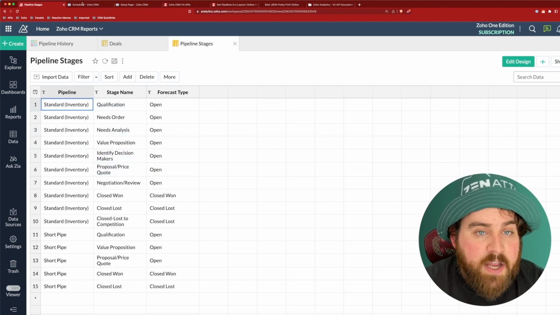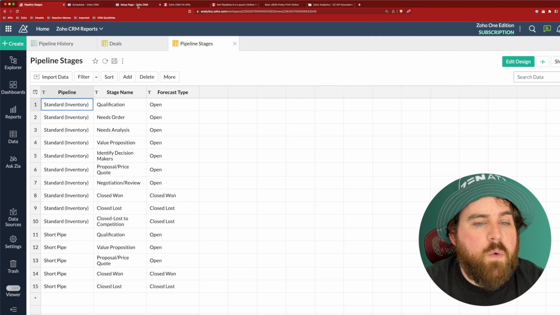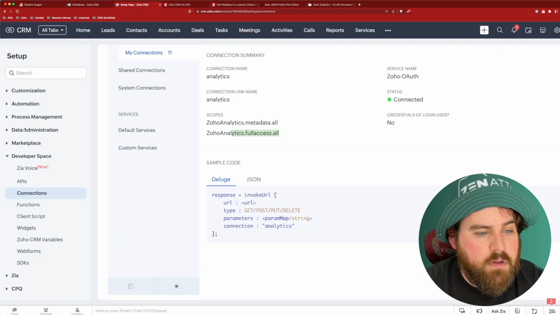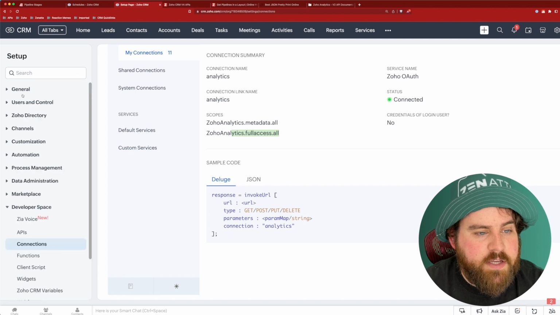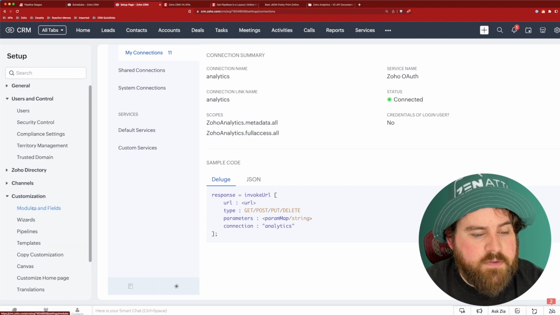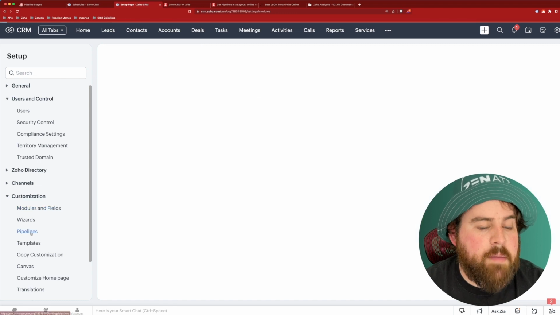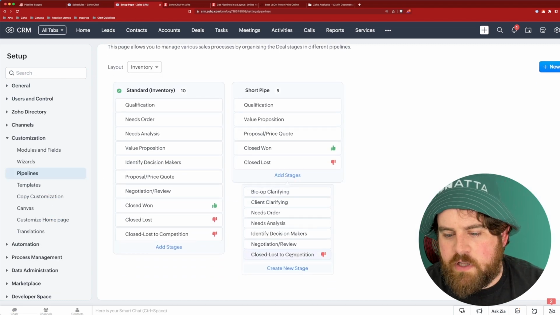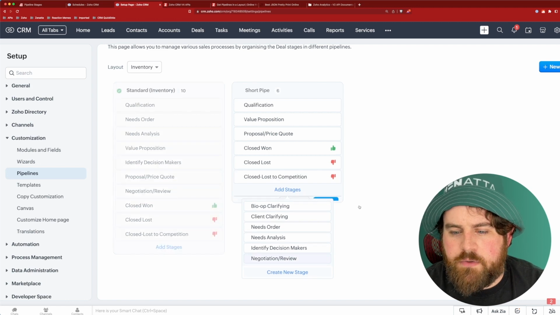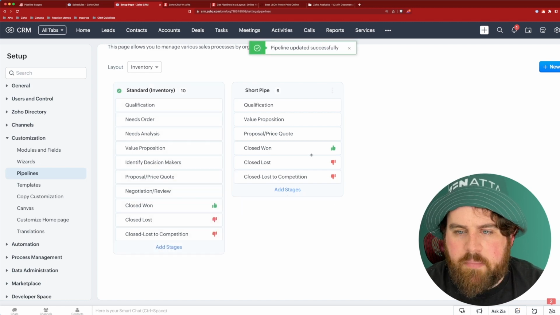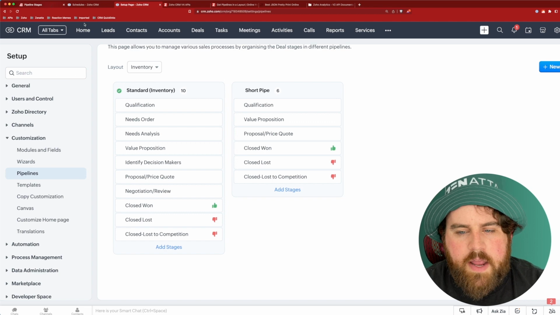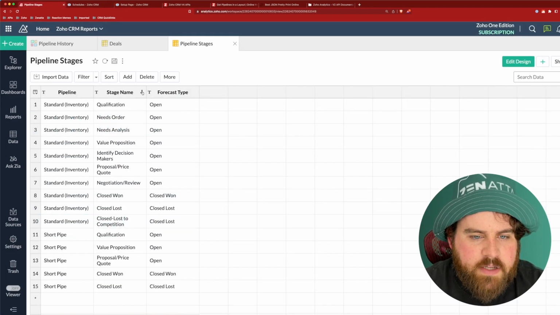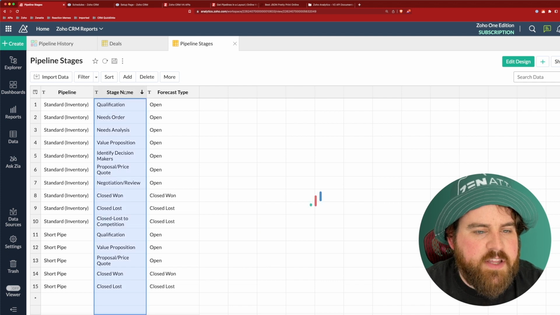And if I were to change one of these pipelines, so for example, let's go to customization, modules and fields. Well, actually, let's go to pipelines. And let's go ahead and add closed loss to competition to the short pipeline. All right, so right now, we only have one closed loss to competition, and it is attached to the standard